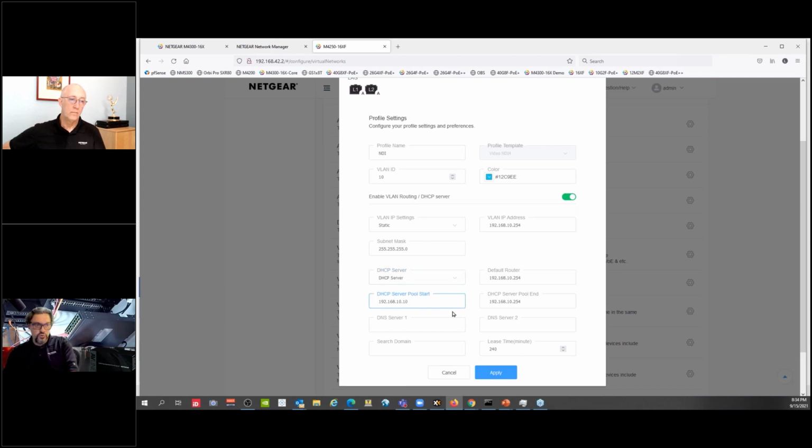We are going to start the pool at 10 so that I have some free fixed IP addresses if I want, and we are going to go all the way up to 100. That's far more than enough for that. And if you have a DNS server, that's a good thing to tell so that the DHCP clients will get and use that DNS server. On my network over here, this is this one,